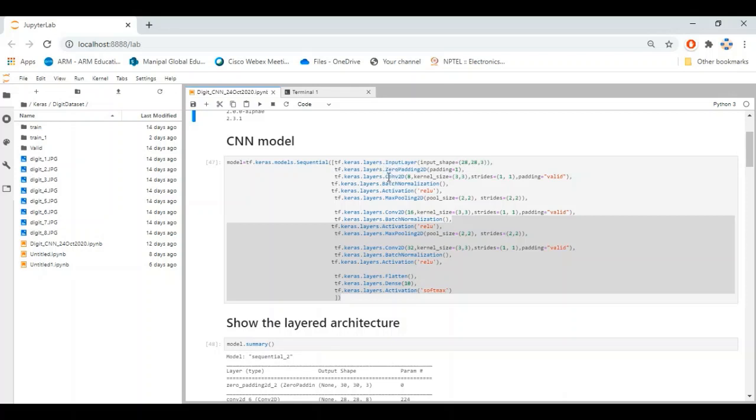Then each stage of convolution layers has a batch normalization layer to make sure that each batch of images is standardized. Each image will be subtracted by the mean of that particular batch and divided by the variance, so the covariate shift is reduced by using batch normalization. Then you can see that each stage has an activation function called the rectified linear unit. Then you have a max pooling layer to reduce the dimension. So this is the second stage of convolutional layers.